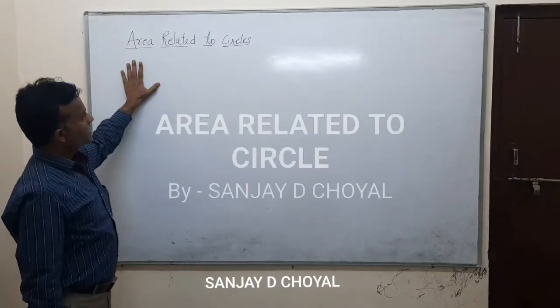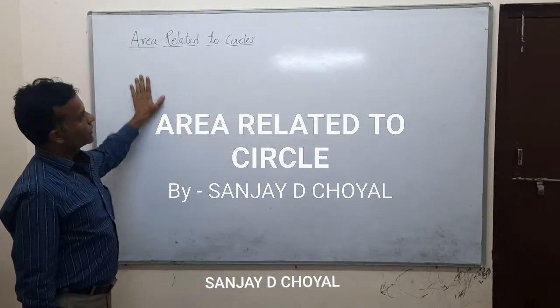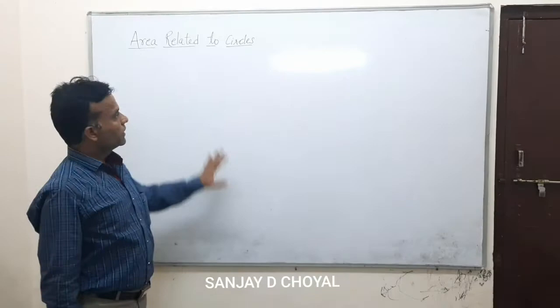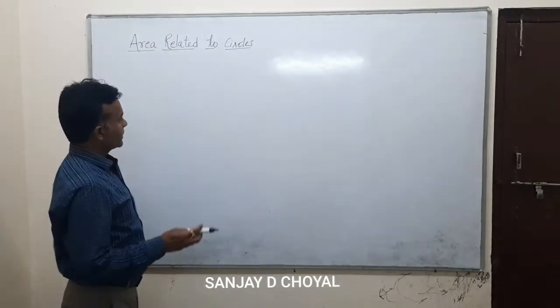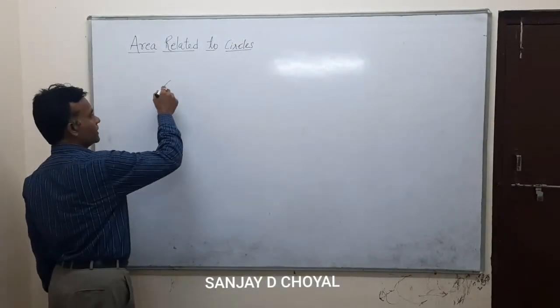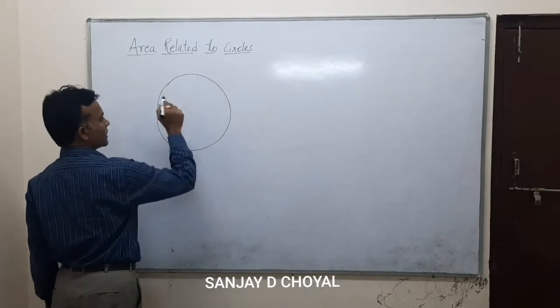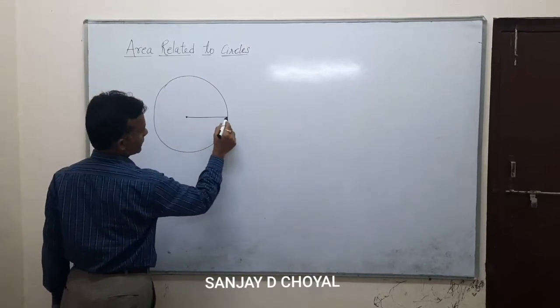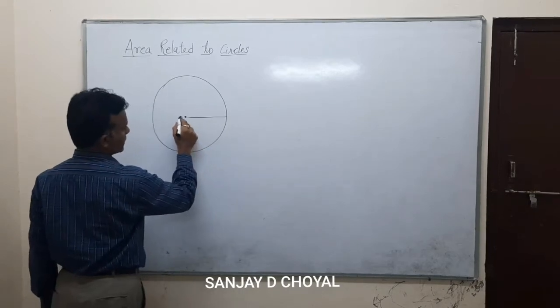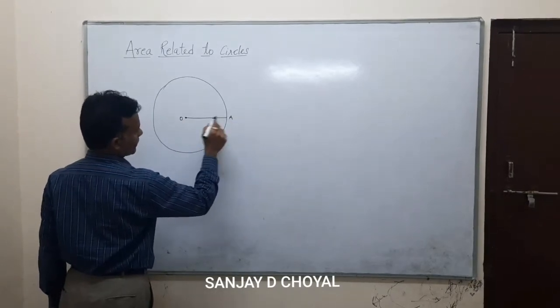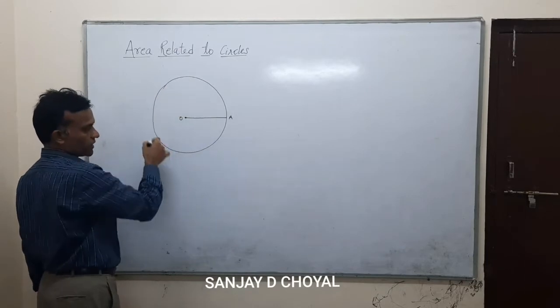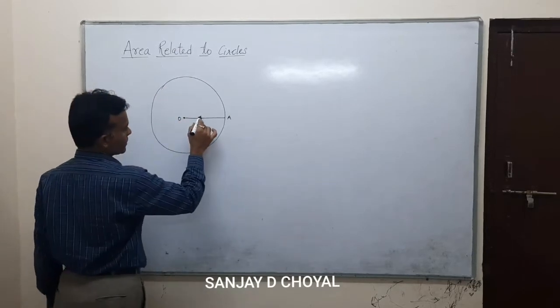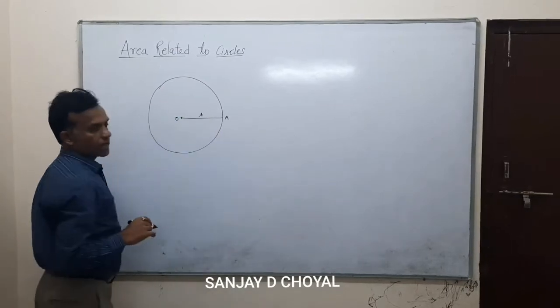Okay, today's topic is area related to a circle. Area related to circle means first we describe the figure of a circle and its properties. Its center, and then a fixed distance to the curve. This distance is constant for this closed figure, and that is called the radius.